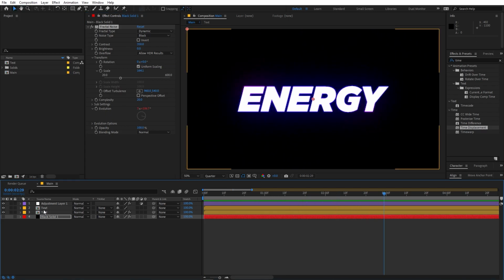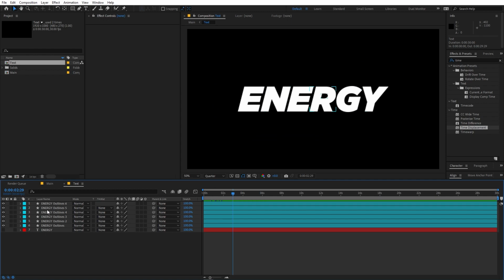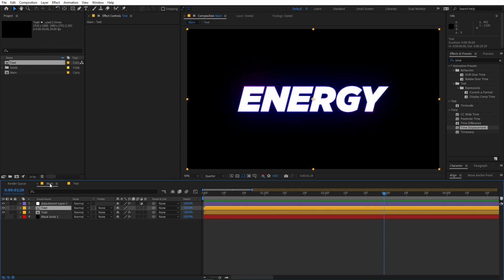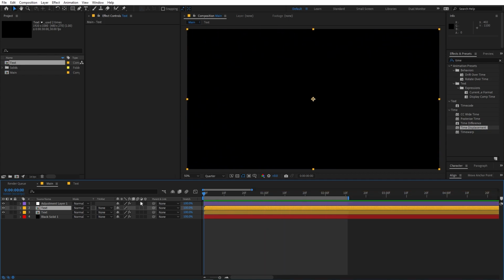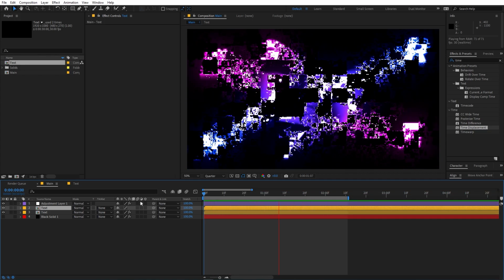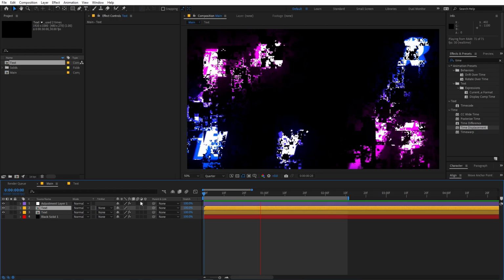And if you want to change it, then you have to go inside it and you can type whatever characters you want. And after that, you can go back to the main comp and you can see that all the changes will be applied. So this is how you can create some energy glitch text reveal animation in After Effects,